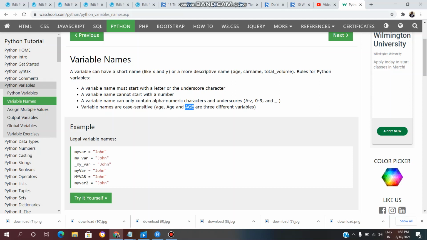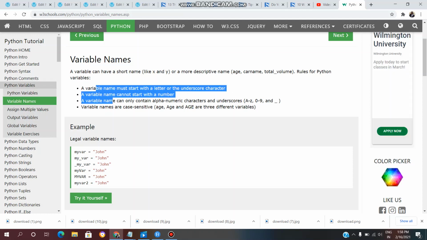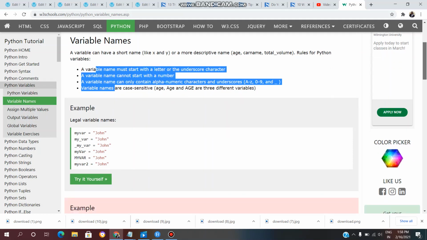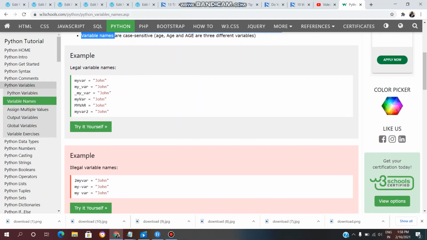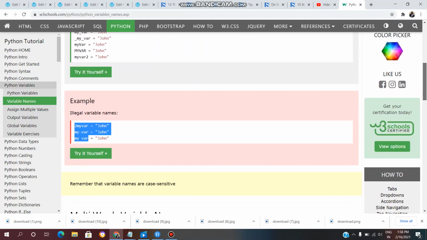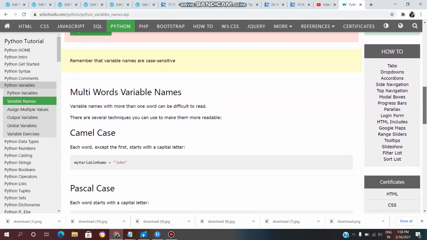So these are the rules to follow while naming the variables. I hope everyone is clear with that, and we will see these examples later. This is the correct way to give variables, and these are the illegal variable names. We will see them practically.